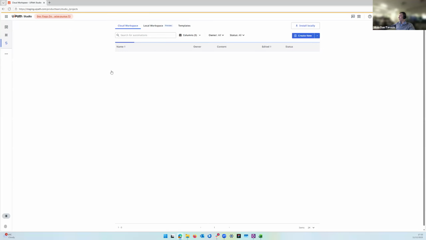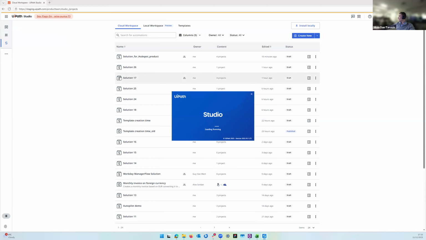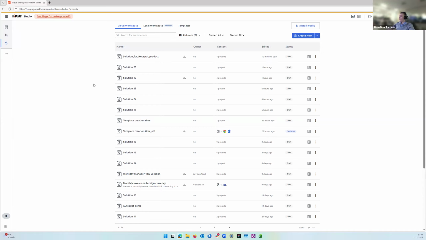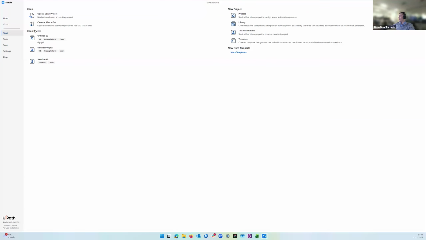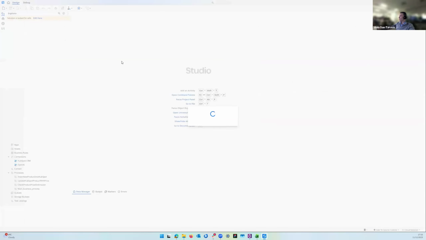Now, one important aspect that I need to tell you is that if you want to generate UIA, so UI automation activities, with Autopilot, you will need to have a well-defined object repository. In this particular case, I already created it previously in another project. I have an object repository that I've been using for some time for automating Amazon. I created it previously, I published it, and in this particular case, I'm just going to import it in my new